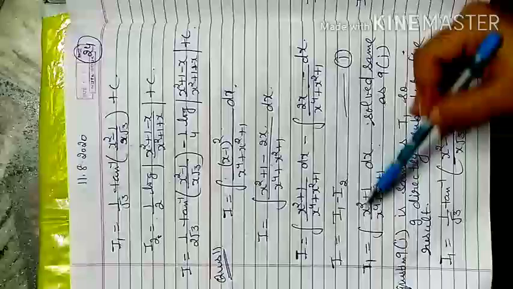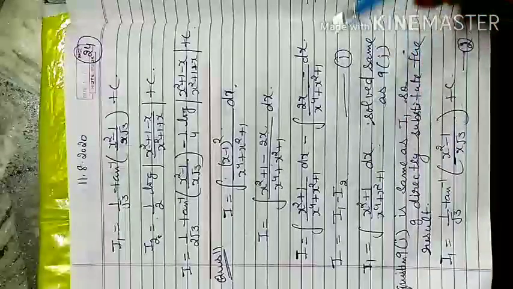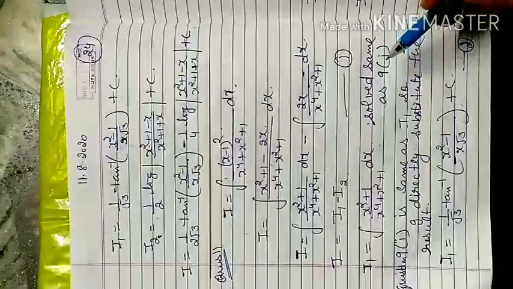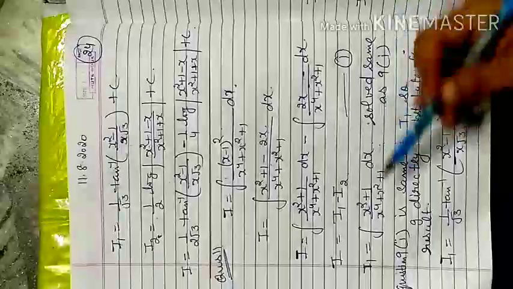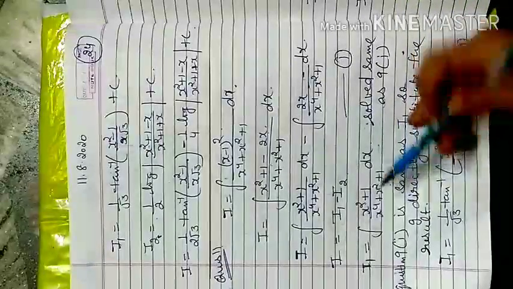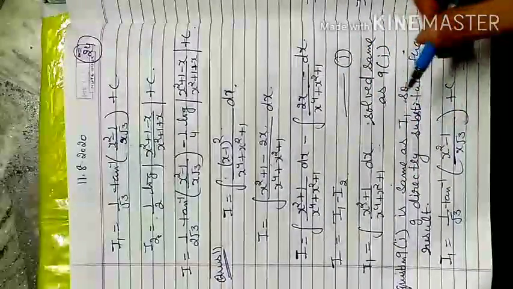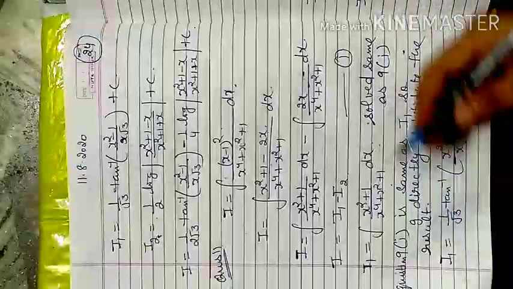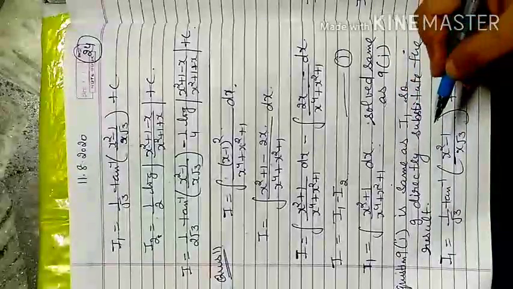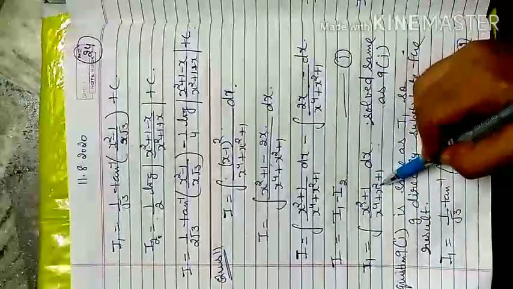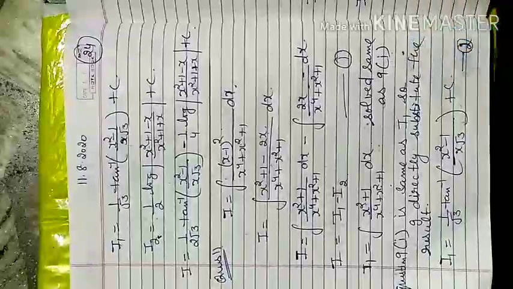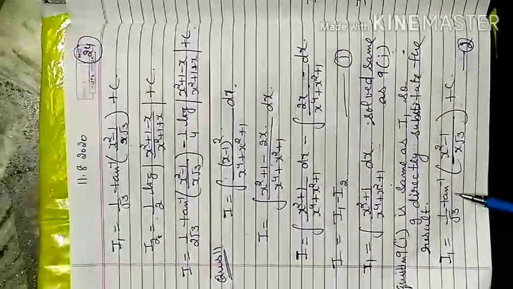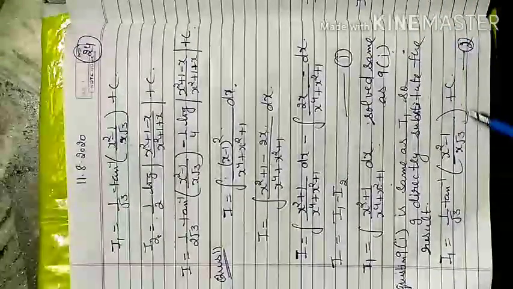Now I1, x square plus 1 over x^4 plus x square plus 1, we already did in our exercise 9th question first part, exactly the same statement is there. So instead of solving again, because this is just writing the same thing again and again, I just picked the result from there. In the 9th question first part, that result was 1 by root 3 tan inverse of x square minus 1 by x root 3 plus c.